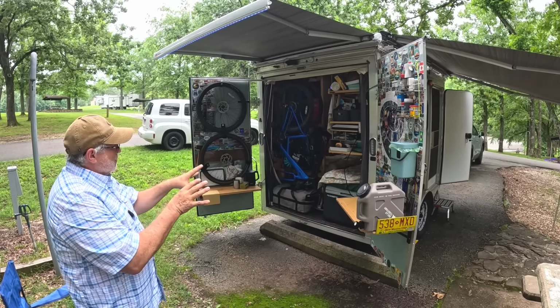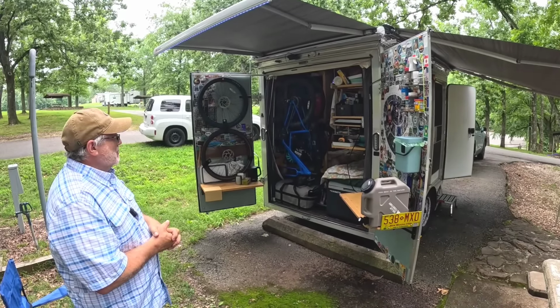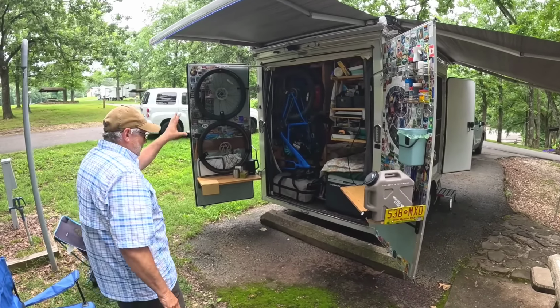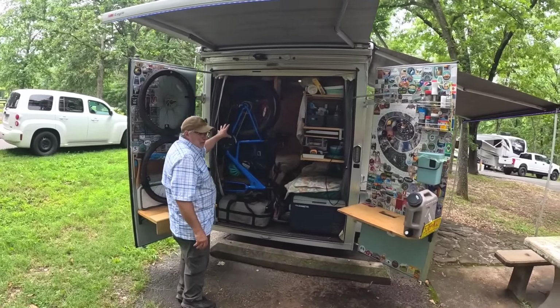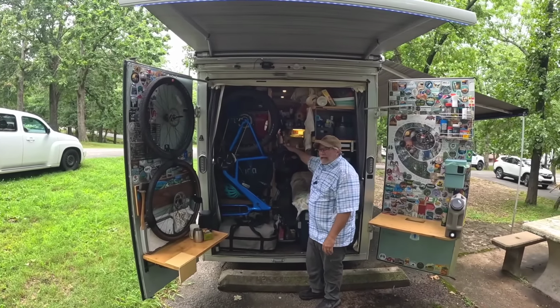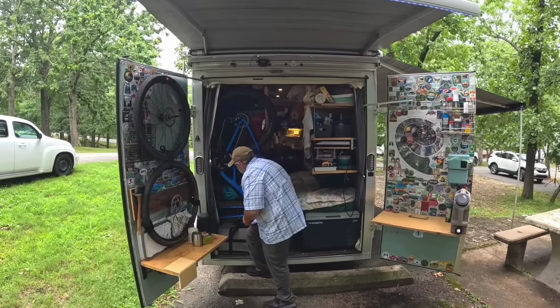So we've got the outdoor kitchen, which can be used inside and accessed from inside as well, but most of the time I'm outdoors here cooking. Got a little garage area right here with a bike rack I designed. We've got 2 bikes stowed in here, and it was a little hard for me to get them in there, so I designed it so that this thing,